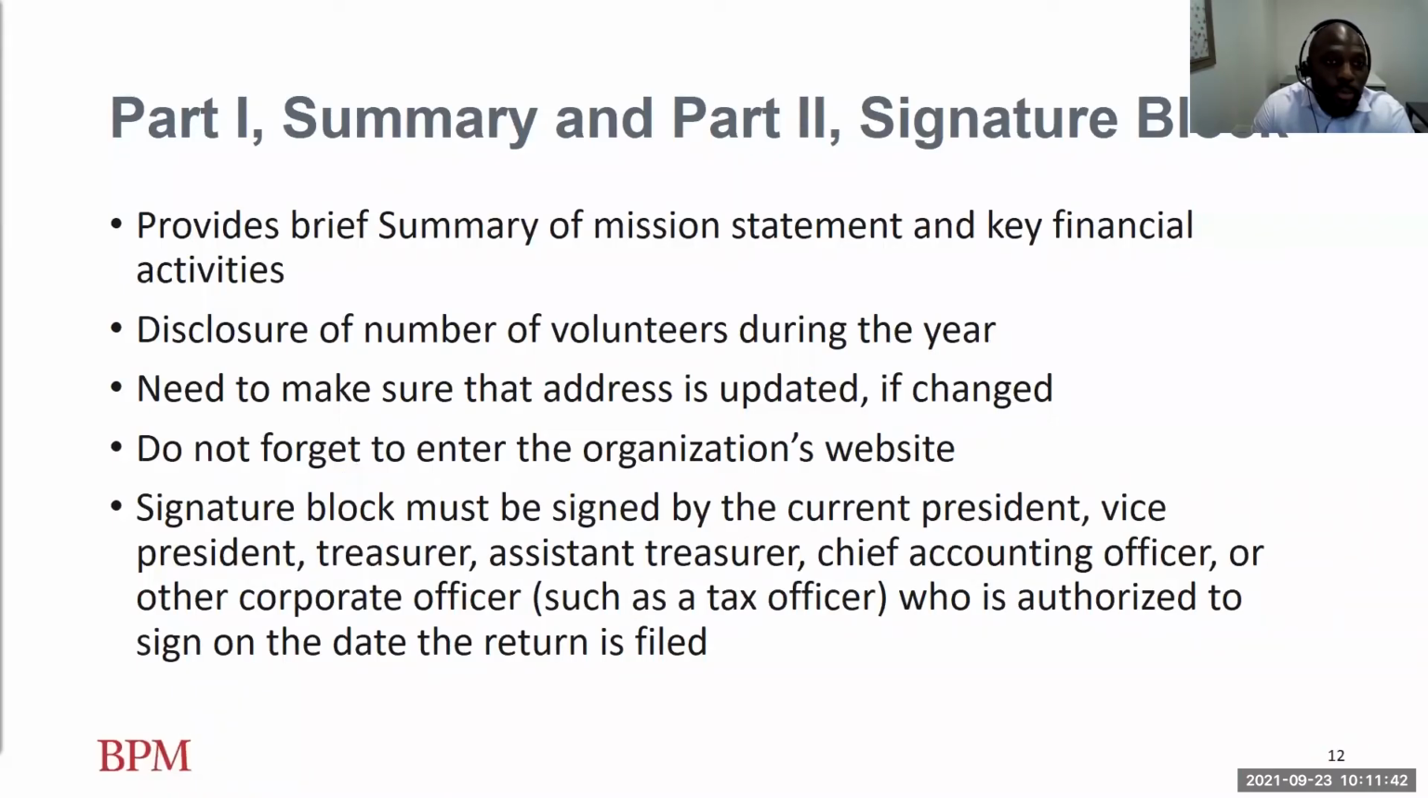Okay, so I'm going to start off with the first page of the 990, your Part 1 summary and your Part 2 signature blocks. Part 1 will provide a summary of what has been reported on other parts of the 990 at a very high level. In this section, you will see a brief summary of your mission statement and key financial